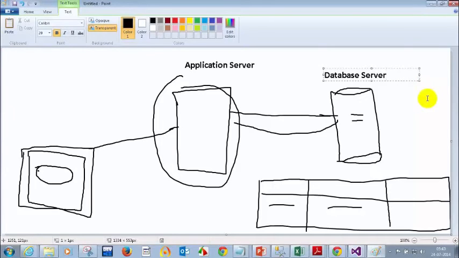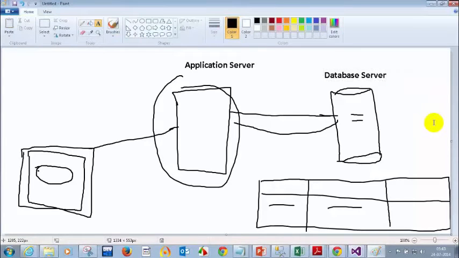In my case, in my system I have both the application and the database, both in my system only. Normally for small applications where the number of users connecting is small, we can go for a single server for both application and database.